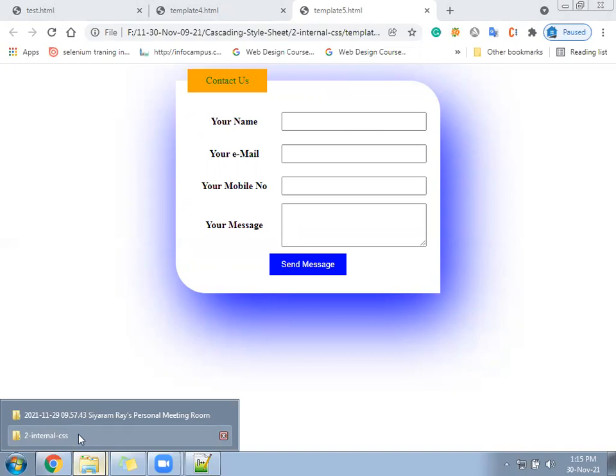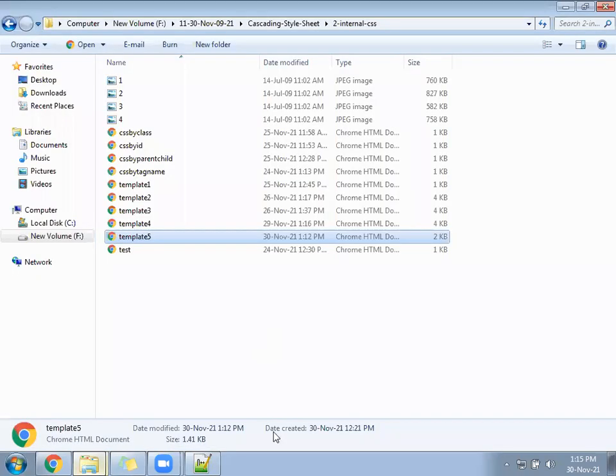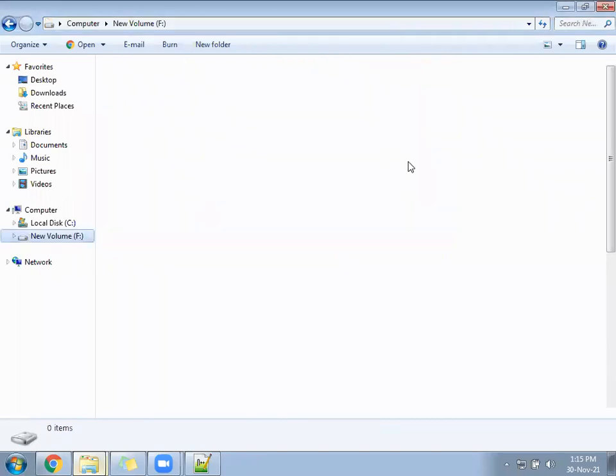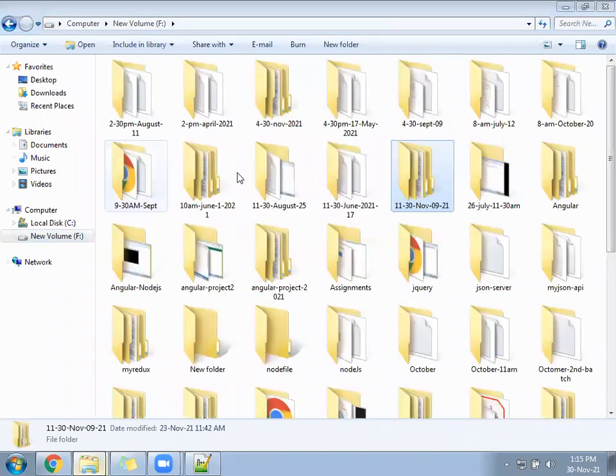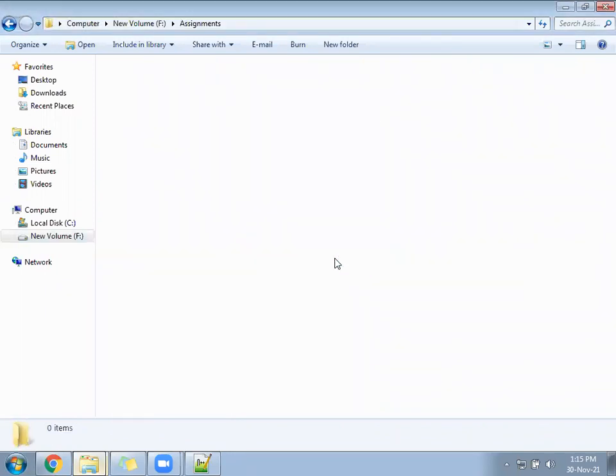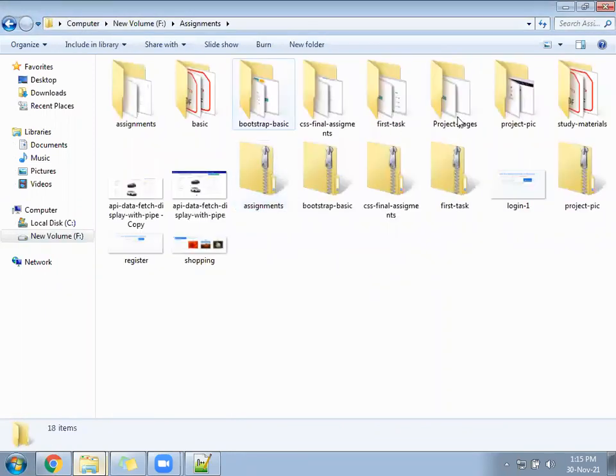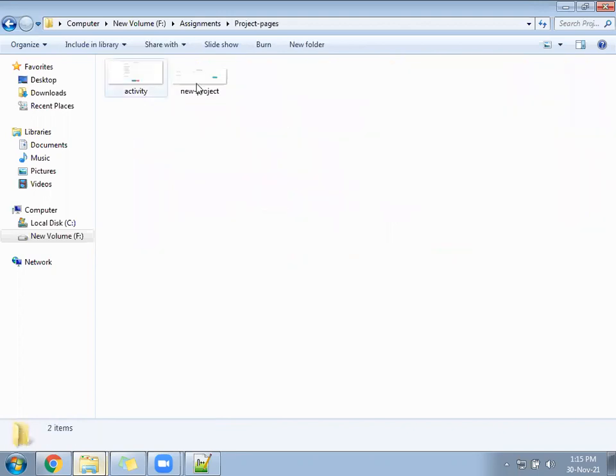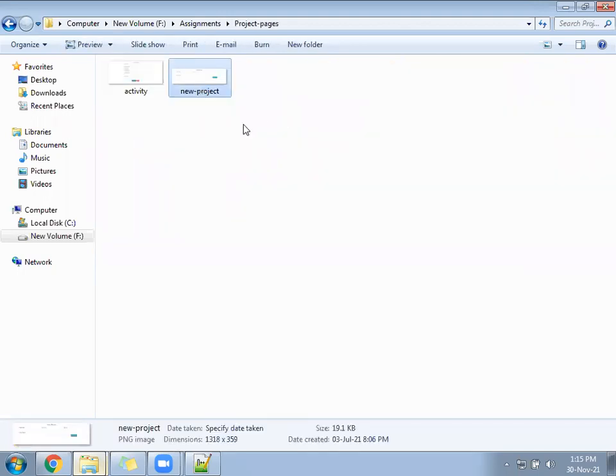So first let me share this file. This file has come to your chat. Now I will share you some photos related to it. So go to the assignment, and do the assignment, Bootstrap, project page. Now let's look.